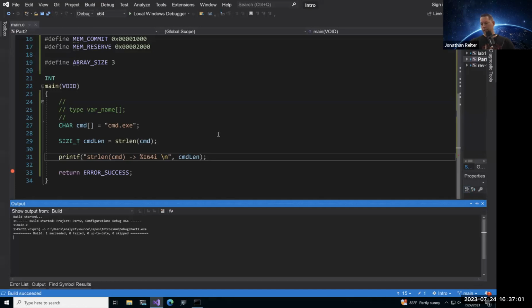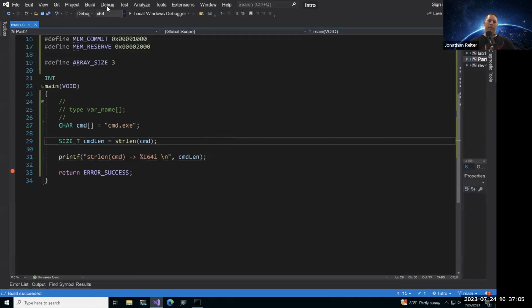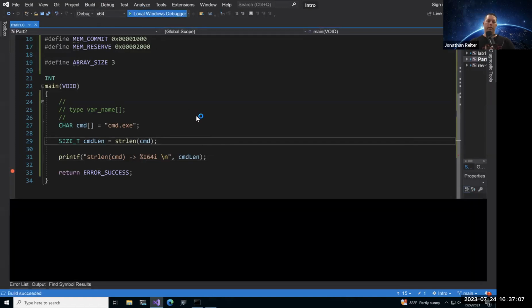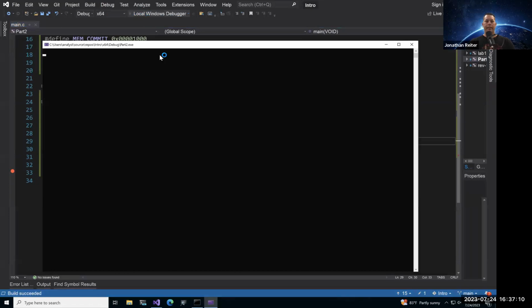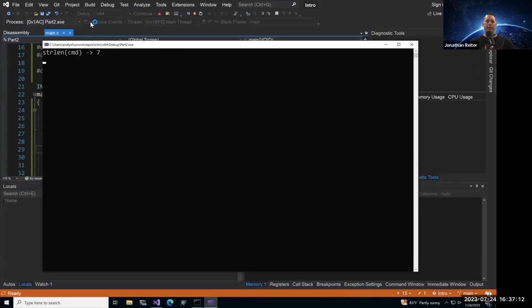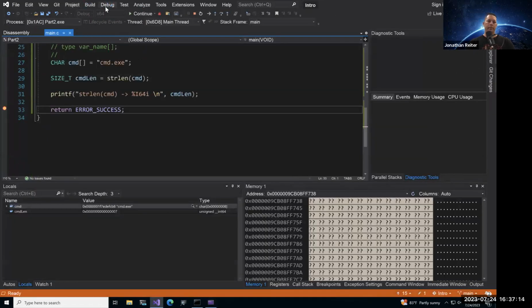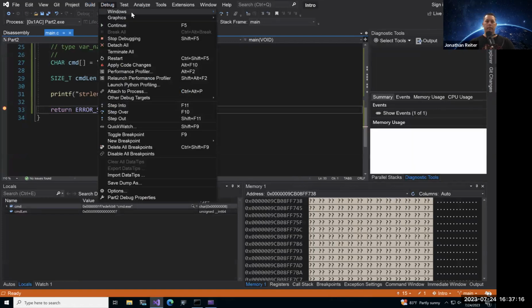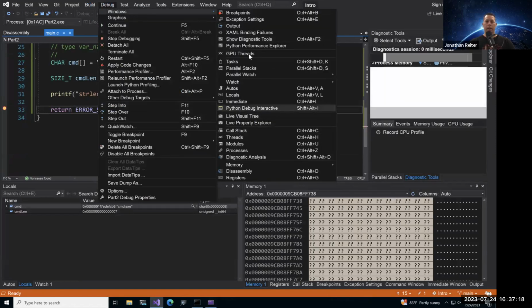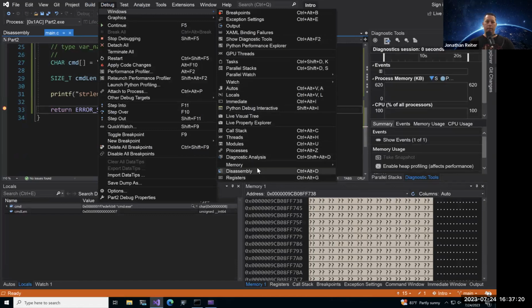Need to go back to the video to see how to get the memory debug view. Okay, let's go ahead and fire up the local debugger real quick. Come on, hit the breakpoint. It's either in Windows. Yeah, there you go, Memory.